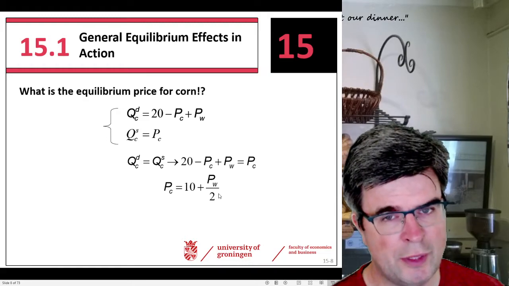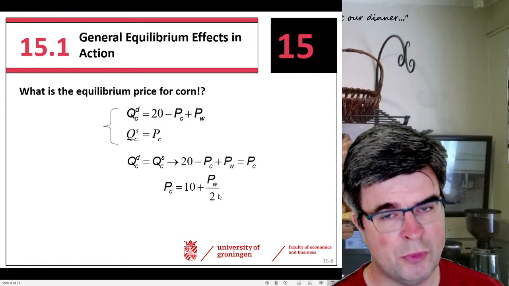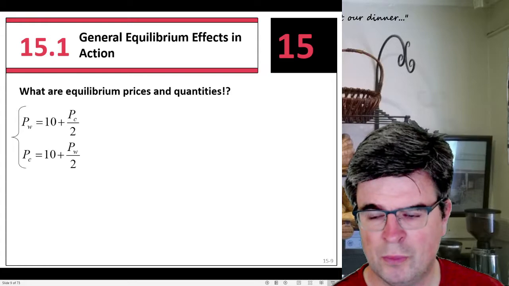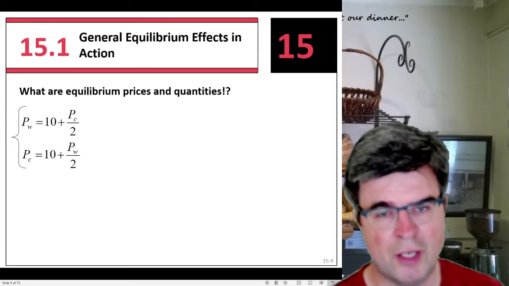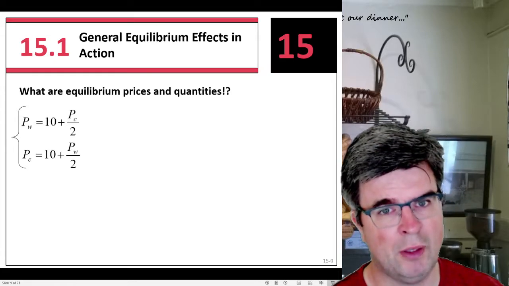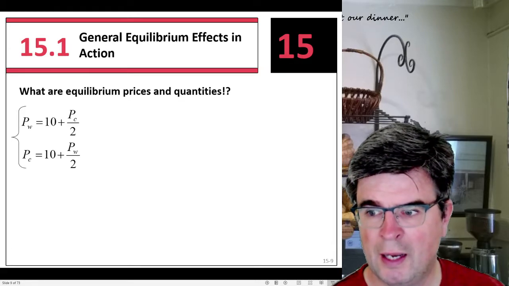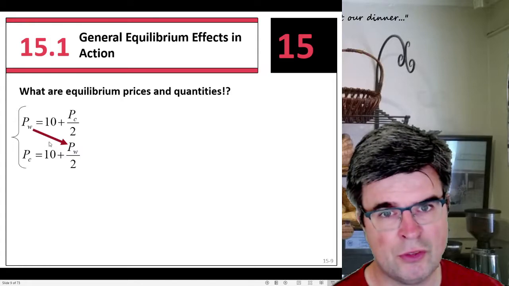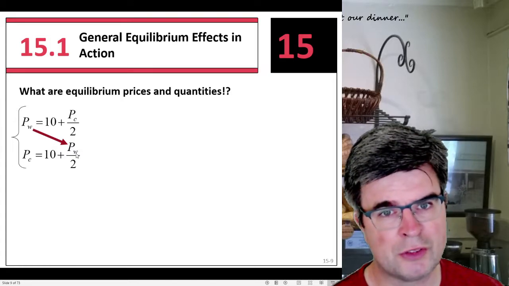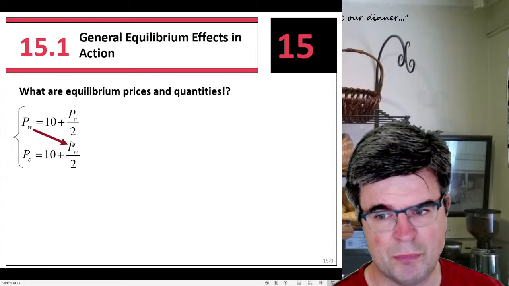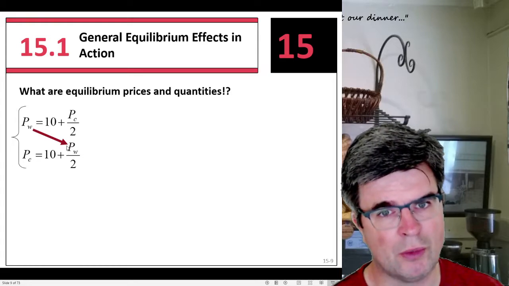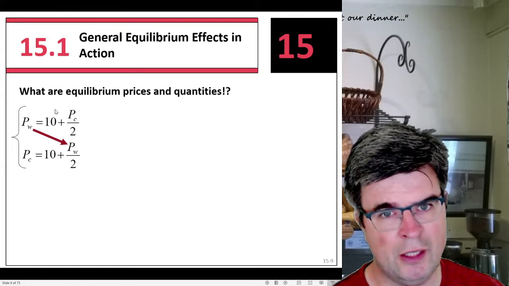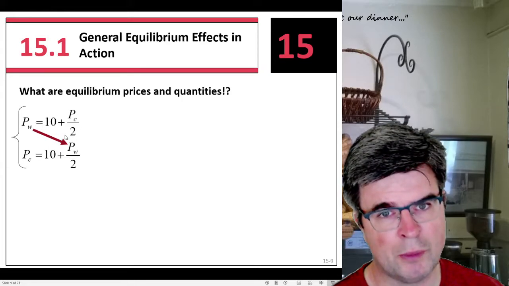That is our second equation. So now we have two equations with two unknown prices, and we can solve this. These are the two equations that we derived by equating supply and demand in each of the two markets. And now we can insert the expression for the price of wheat into our second expression in the PW. So we replace the PW in our second expression by the expression that we obtained for the price of wheat